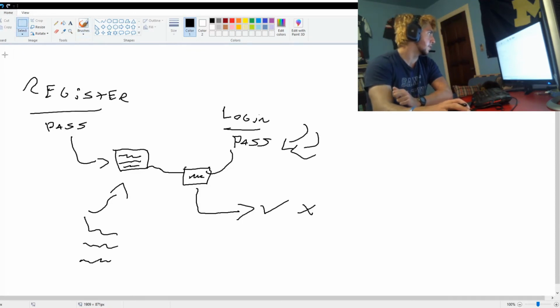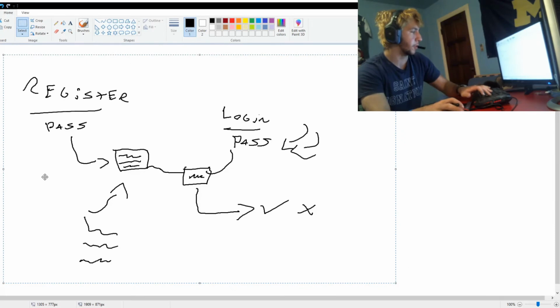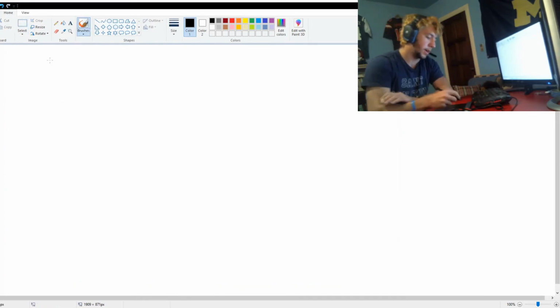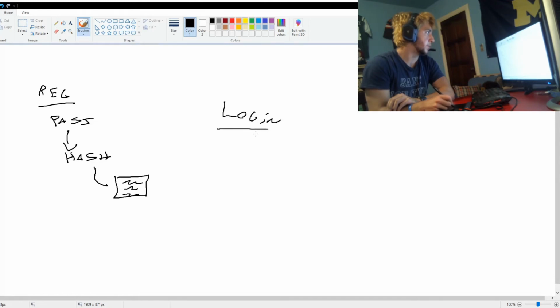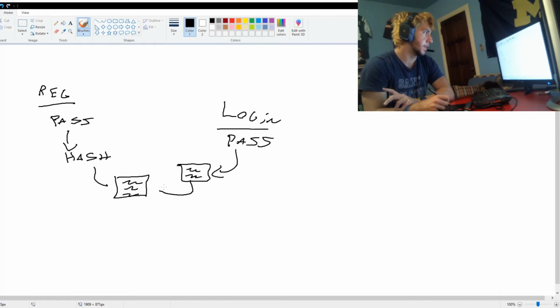So say now that I'm a company who's a little smarter and doesn't want this to happen. So I go on register. Somebody types in their password. I produce a hash of it. And then I save it in my company database. When a new user wants to log in, they type in their password, it goes to my server, the server does its magic, it hashes it, then it compares the hashes. If the hashes are good, booyah, I'm logged in.